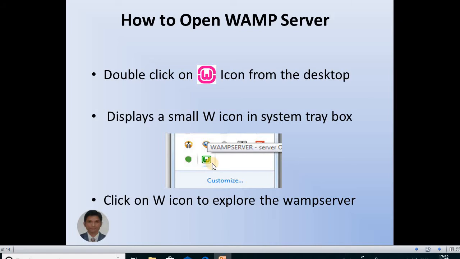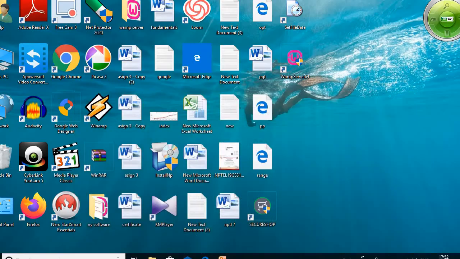After clicking on this W icon, we can explore the WAMP server for running the script and creating the programs. All these things we must explore in the WAMP server. Now we will demonstrate how we can explore and open the WAMP server. Double click on the W icon, then it displays some message.